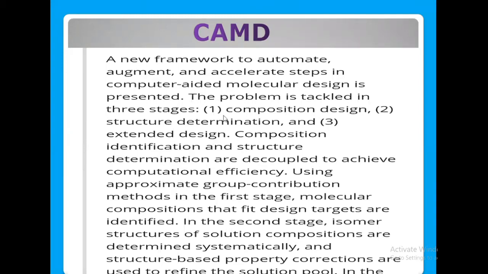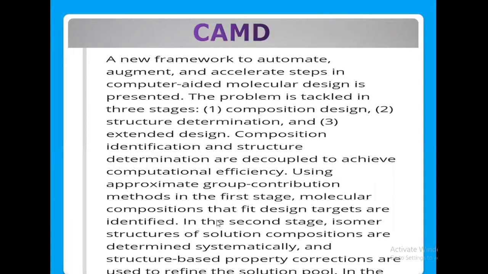So all the 3 stages are there in CAMD. The composition identification and structure determination are decoupled to achieve computational efficiency.